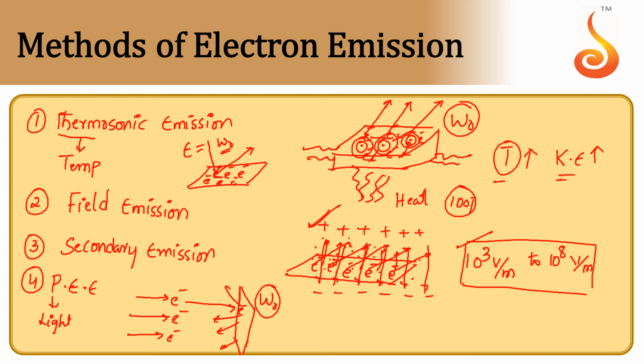So by making a sufficient amount of light energy incident on the metal surface and removing the electrons from the metal surface, it is called the photoelectric effect. So these are the four methods to remove an electron. Out of these, the photoelectric effect is a better, the best, and a more efficient method to remove electrons.